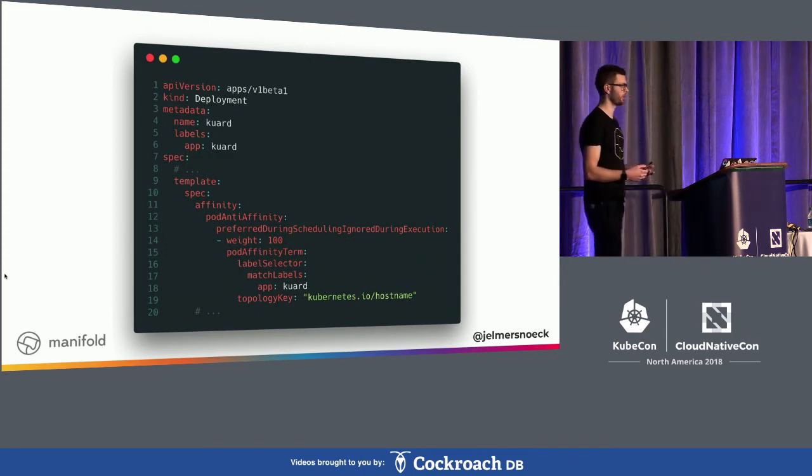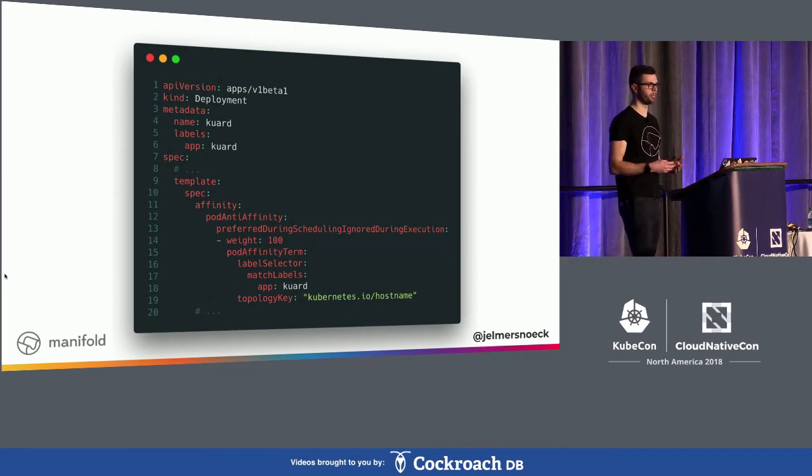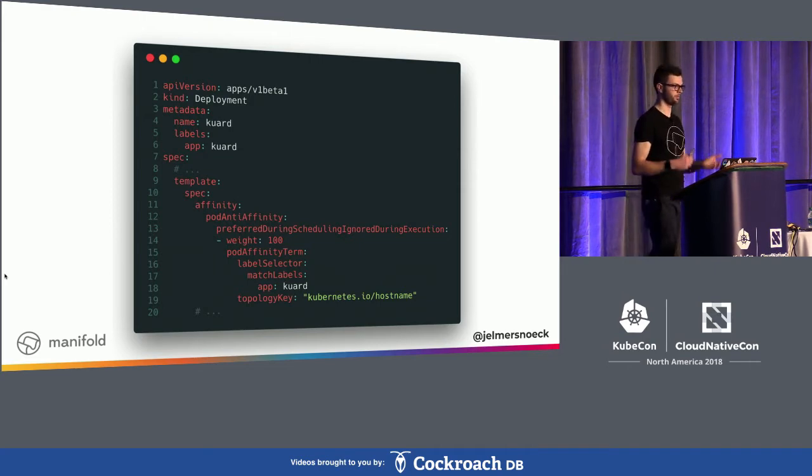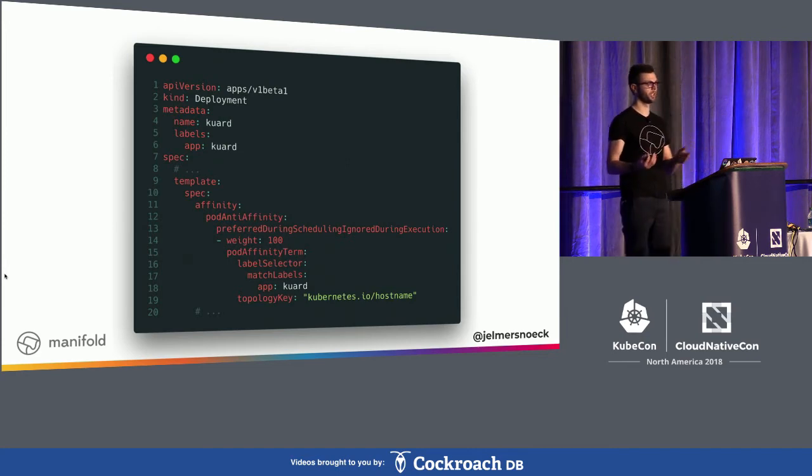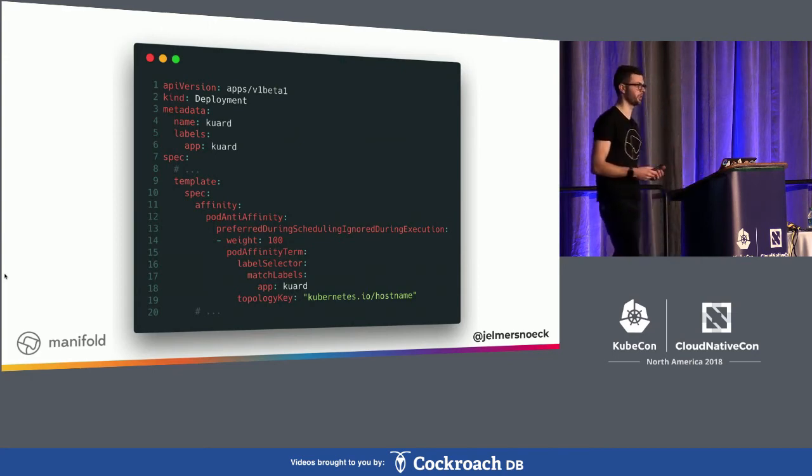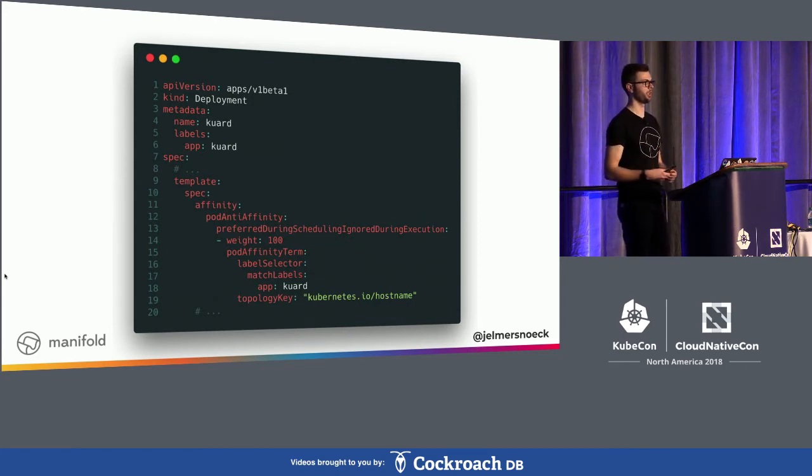Preferred during scheduling is basically saying to the Kubernetes API, we prefer that you do not deploy this on this machine if these rules already apply there. But if it is the case and there's nothing else, you can still do it. If you do require it, it's not going to deploy it. We chose to do the preferred and then set up alerting on that to make sure that we still have enough capacity, and then we can look after it once we have the alert. But at least we still have the same amount of replicas running,